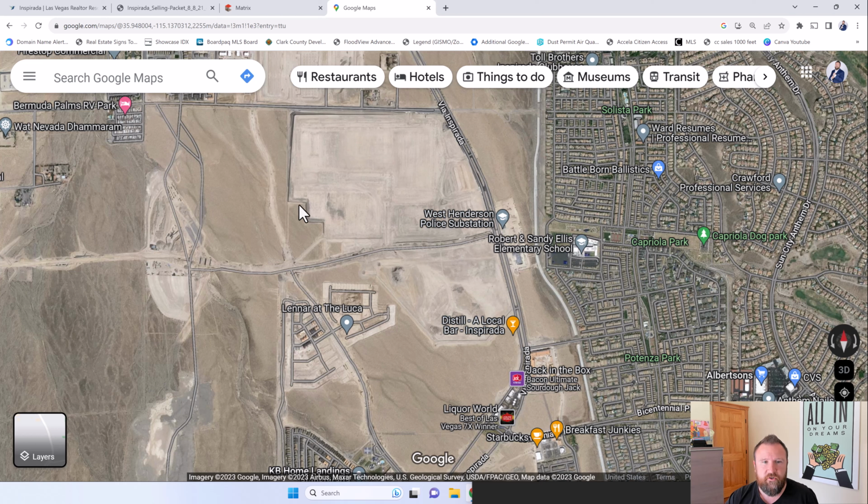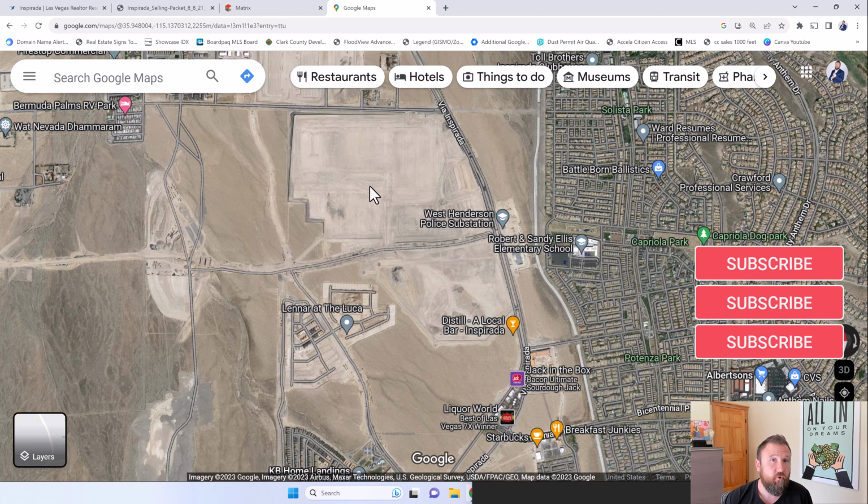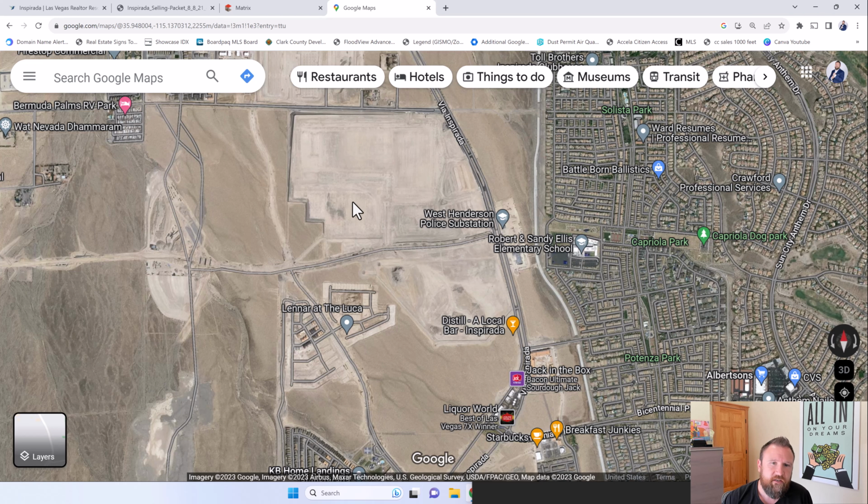This whole area, you can see it's kind of a different color. That means they've disturbed the ground. They've started construction, at least on the dirt work, for this massive, massive building that is going to be housing a huge company from California that is relocating to Henderson, Nevada. This is going to be a massive tech